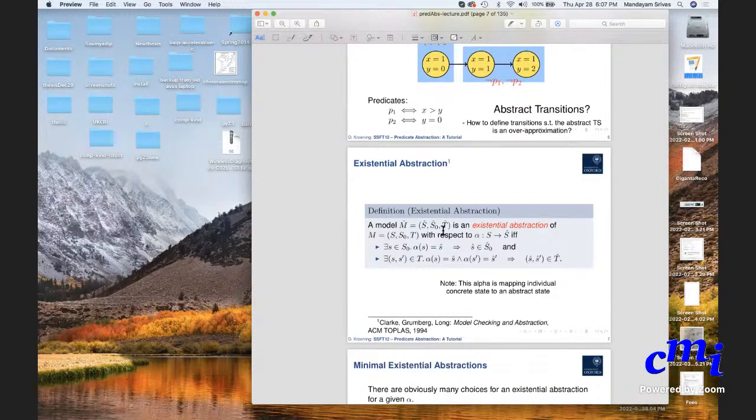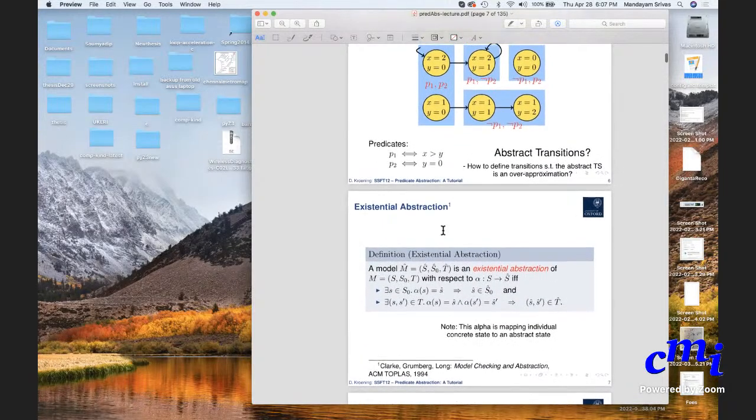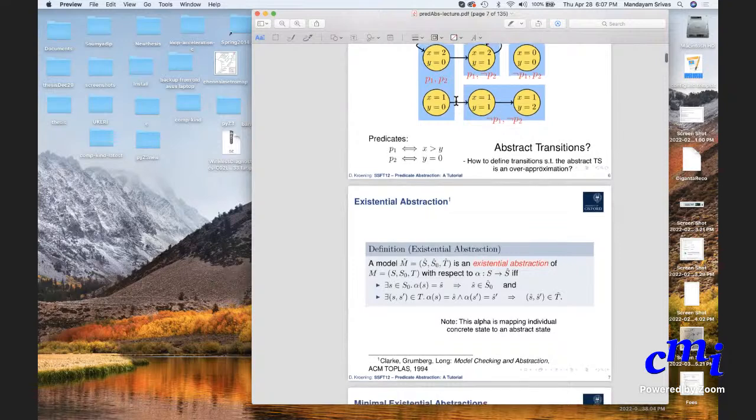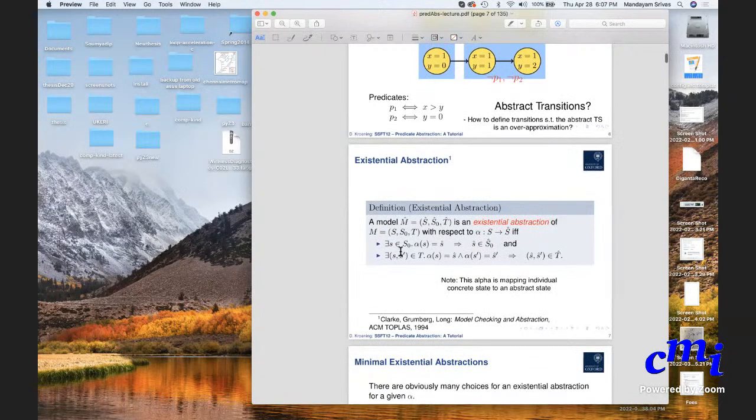We kind of saw how the states were defined. They were defined in terms of valuations for the predicates. That's how they were organizing things. And here we're defining the